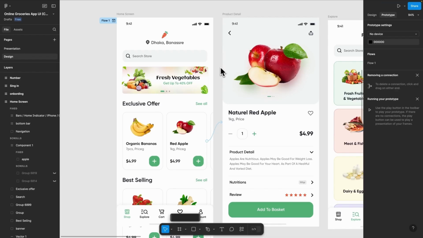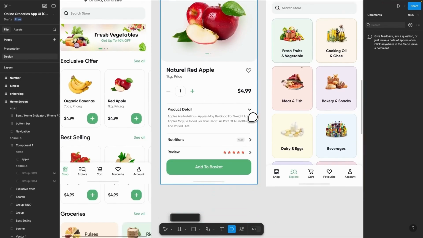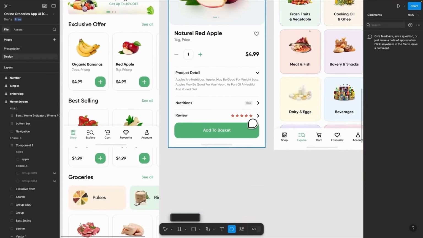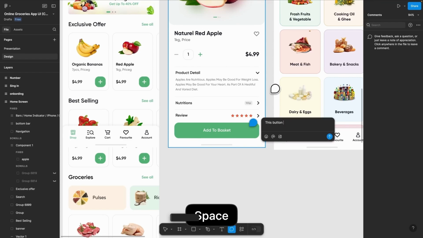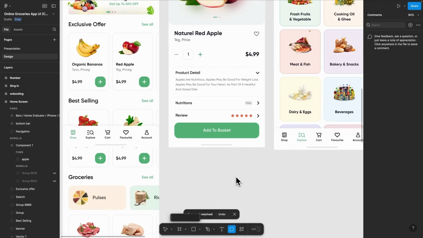Let's see how you can ask for feedback. Let's say you already shared your project with other team members or maybe the project manager, and they want to give you some feedback. To do that, they can simply click on this icon, comment, and let's say they want to comment on this button, okay? They can just left click here. For example, they could say this button could use a darker shade of green, and then they can